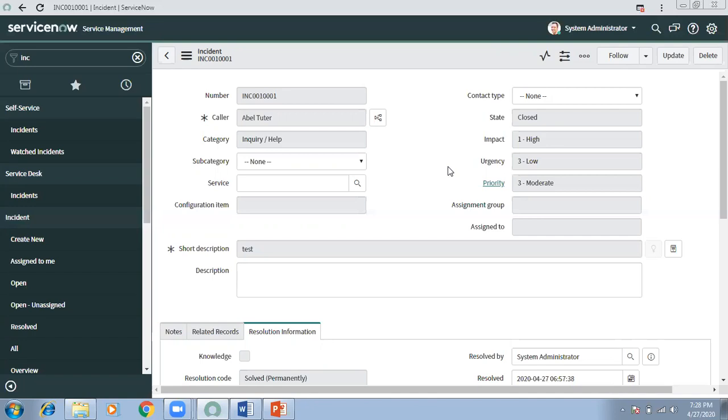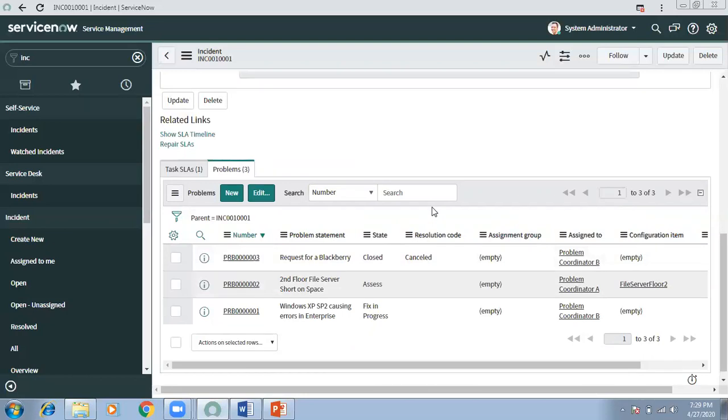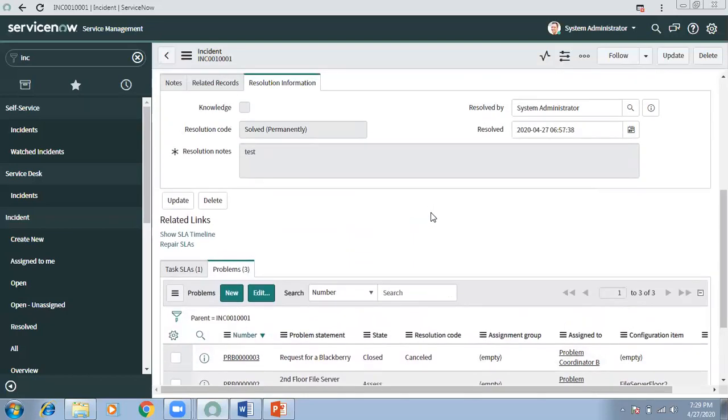Once you submit the form, that means control is gone from the user and now the control is with the database. Right. And the requirement was, once this incident is closed, all the child problems would close. Now control is not in the user's hand, control is in the database's hand. That means I need to write code at the database level, and that means server-side code. Now it could be a business rule or anything, but obviously that will be a business rule. So that is where we need to differentiate which type of code we need to write based on the requirement. We need to analyze whether the event is happening on the server level or on the browser level itself.